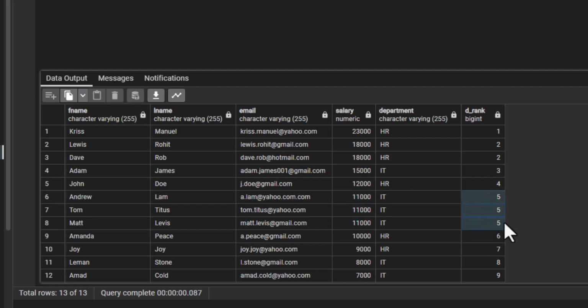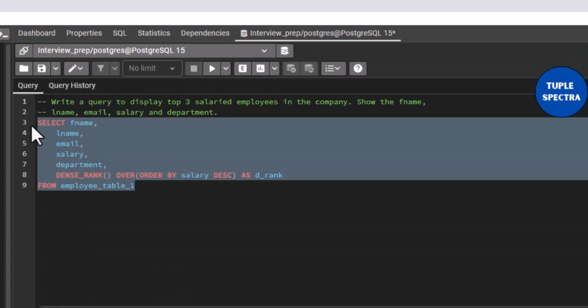Therefore, because of that, we have five positions, right? We have the 5th position, the 5th rank. There are 3 of them because they are tied, right? And then we have 9,000, 8,000, and 7,000. Okay, very good. Now that we have created this dense rank, what we need to do now is to wrap